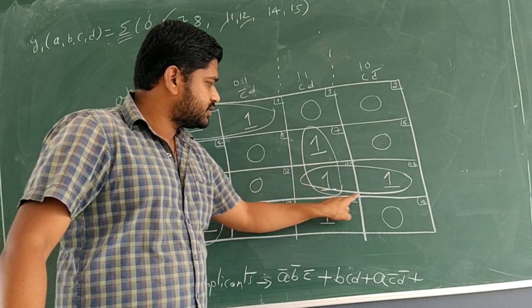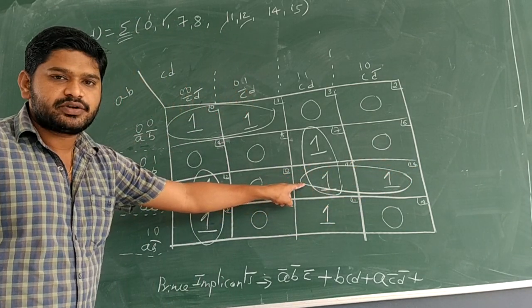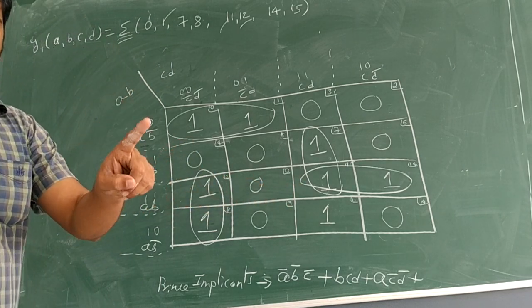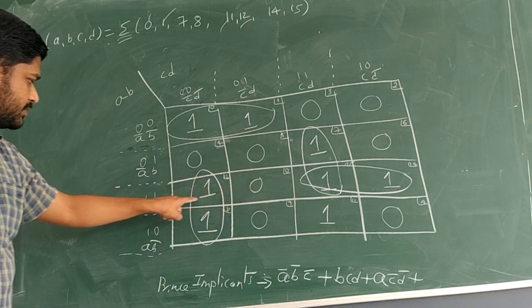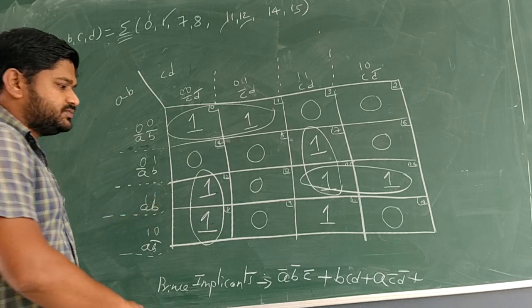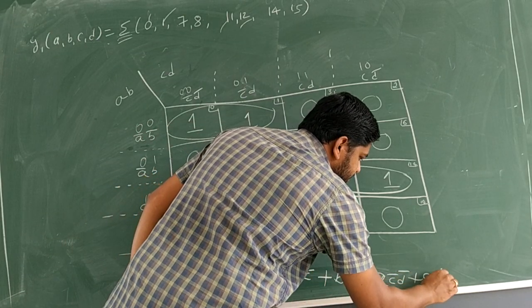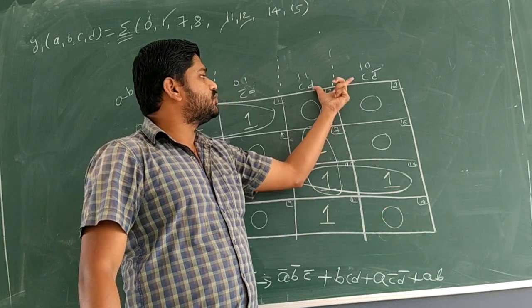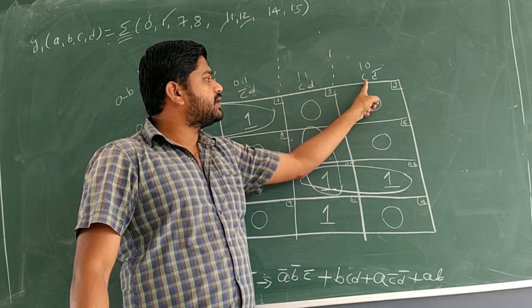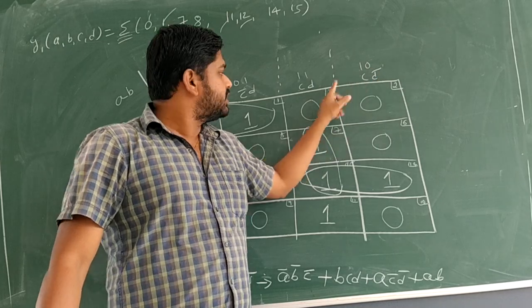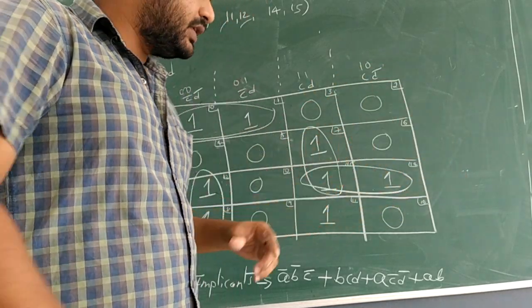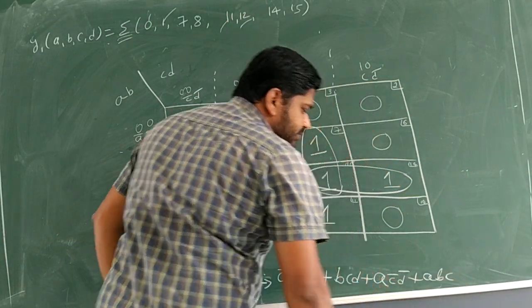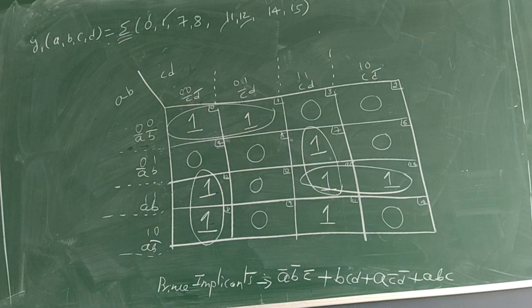So what is the function? Can you write it now? It is a horizontal function, which means only one row is present. So AB is fixed. Here it is AB. The covering is between two columns, so compare the two columns. One side is CD, another side is C with D bar. D and D bar cancel. We are left with C. Hence we will write A, B, C.